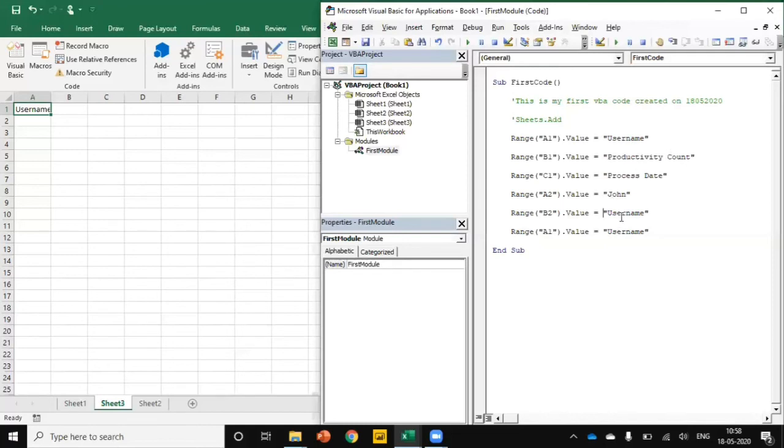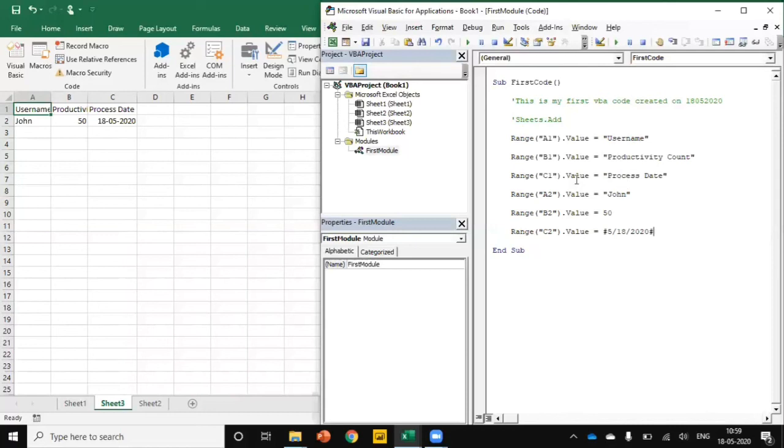So under the Productivity Count, we need to add some count over here. For numeric data, we don't need to use double quotes. You can directly type in a number. Now I am going to add a date over here. For adding a date, we have to use double hash and then type in the date in your system format. And then come down. Automatically it will be converted into programming language format. That's it. If I run this code, then automatically all the things will be added. I'm just maximizing this.